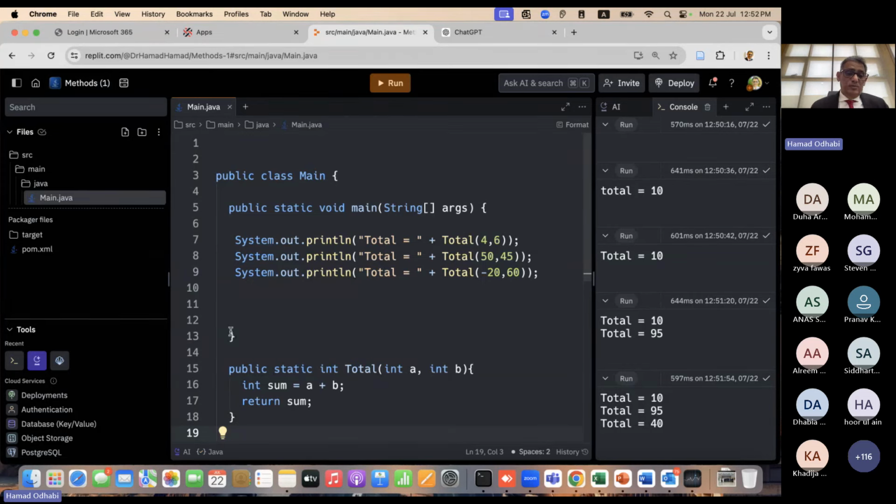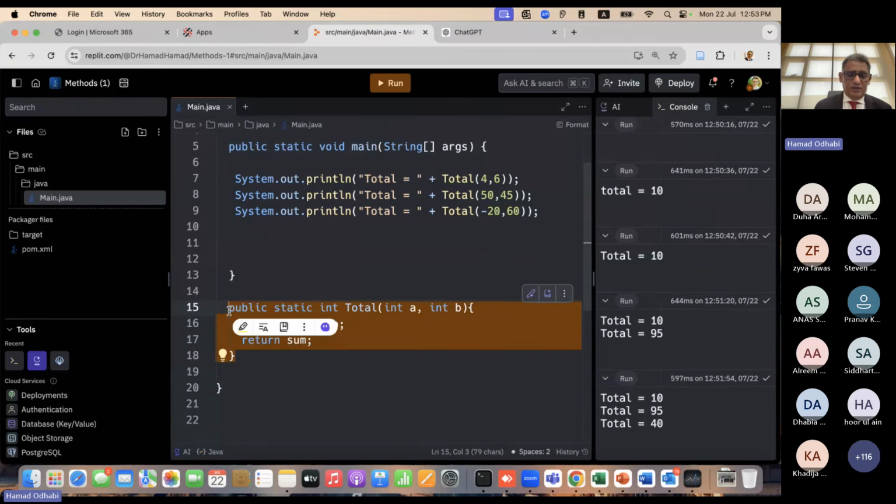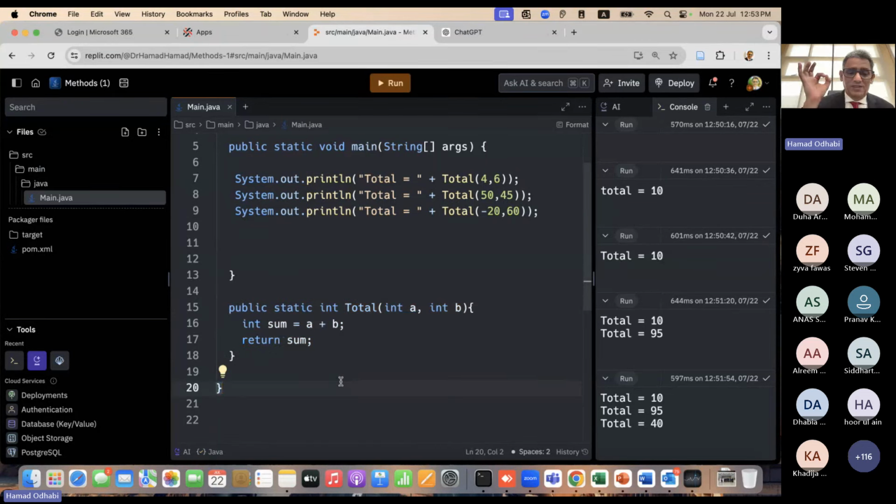Yes, so methods are different from a for loop. I can see some discussion here. I like that, and thank you for answering this, Stephen and others. The method is different from a for loop. Here, you are grouping code together and giving it one name, like you're creating your own command in the programming language. We came up with a new command called total. This is not there in Java. We created this one called total. You create your own command by giving it a name,